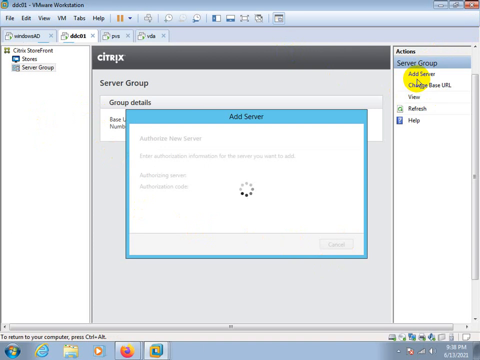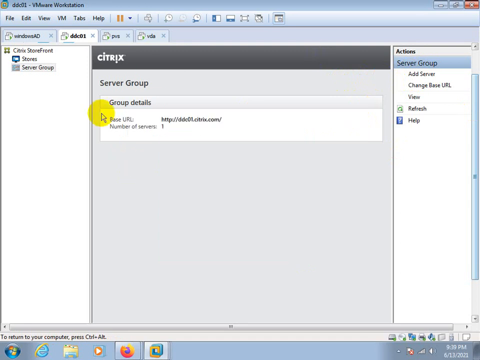Before that, you need to prepare another storefront server on which you have to install the storefront. Once the storefront is installed, you click on the first server and click add server, and it will provide you the authorization server and code. This code you need to put on the second server, and that server will connect with the server group.